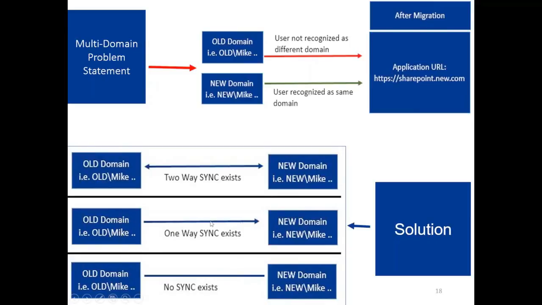It's very clear how it works. And the second one: if both the domains don't have a two-way trust, if it has a one-way trust, then we need to do the people picker control configurations. MSDN has a lot of PowerShell commands to do the people picker configuration, so that it accepts the other domain's users also. If neither the old nor the new domain has a trust anyway, we need to go through the user profile synchronizations with the other domains. Then those users can start accessing the site.